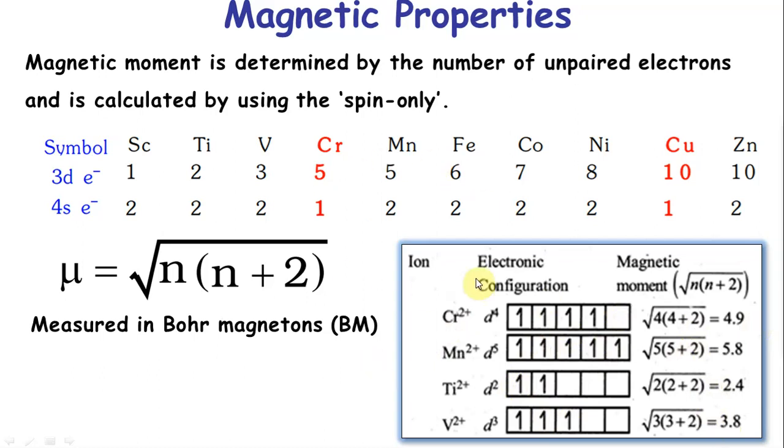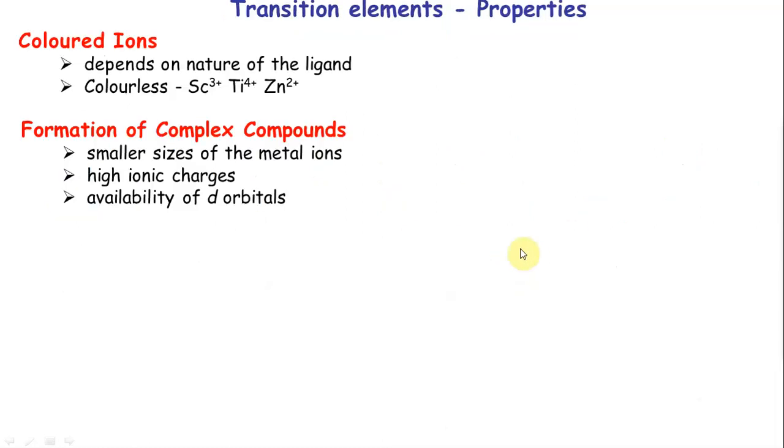So this comes many times, but I cannot stress it enough. You need to know whether the question is asked from D block elements or from coordination compounds. In D block elements, they'll give you the ion straight away, whereas in coordination compounds, these could be paired. For example, if I take chromium, I can pair this electron if I have a strong ligand. So you need to know what chapter the question is being asked from. If you see a ligand, you will know it is coordination compounds. Just the ion, it is D block.